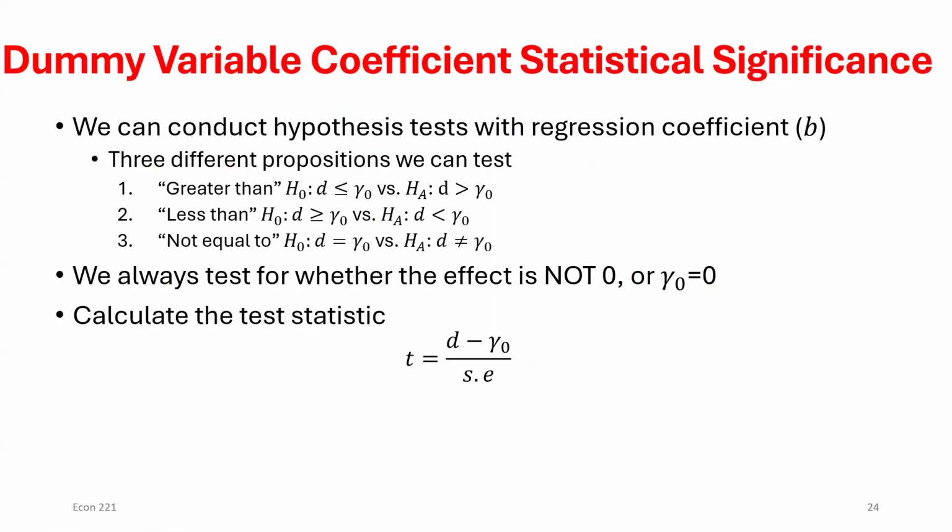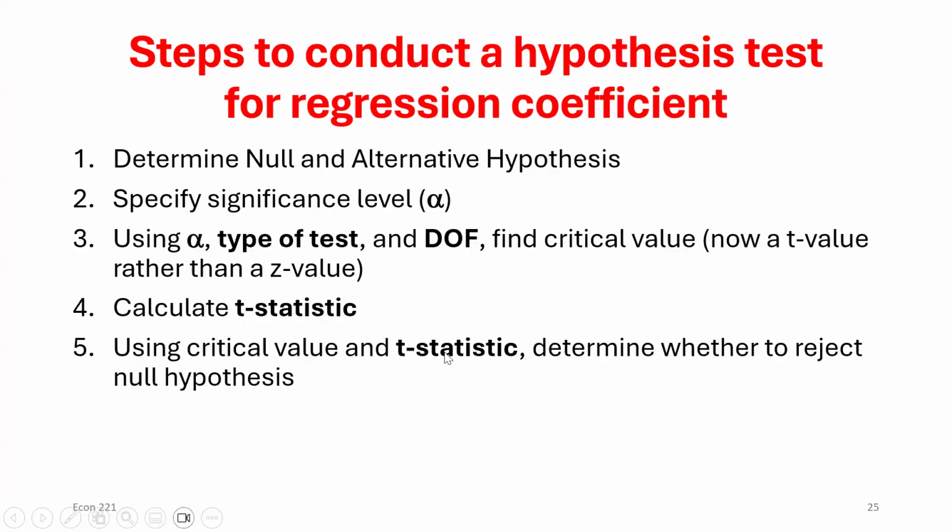So let's look at this very fast. It's the exact same thing as we were doing before, right? We could do left, we could do right, we could do two-tailed tests. We could assume that that slope coefficient is different values. We're always going to resort to that two-tailed test where we assume that the coefficient is equal to 0. So this would go away. Then it simply becomes taking the estimate we have for the slope coefficient, dividing it by the standard error to get our test statistic. Looks no different than what we were doing before. It's the exact same thing, okay? So in terms of doing our hypothesis test, steps haven't changed at all. Everything's the exact same as what we were doing before, okay?